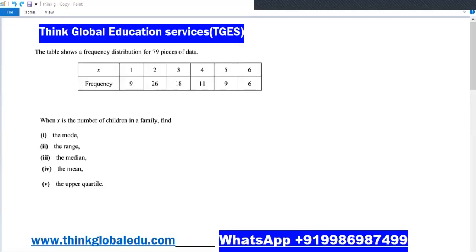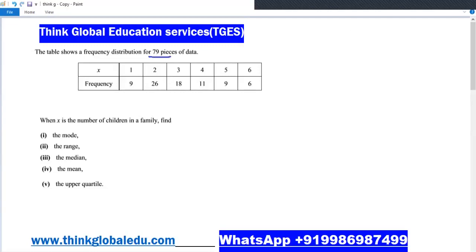In this lesson, I will talk about mean, median, mode, range, lower quartile and upper quartile of the data, a kind of data analysis. So I have a question where I have to find the mode value, range, median, mean, and sometimes the upper quartile also. The statement of the question is: the table shows a frequency distribution for 79